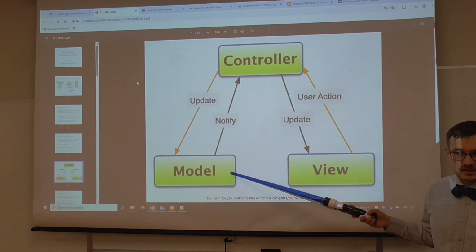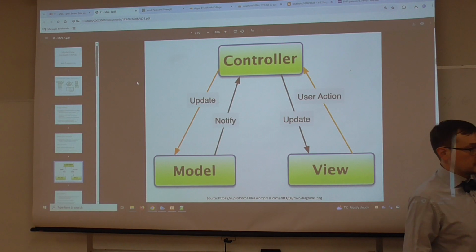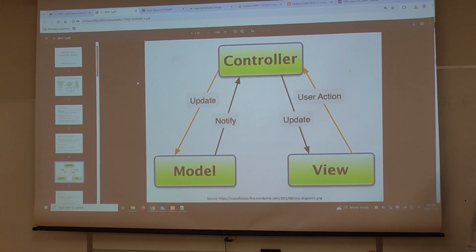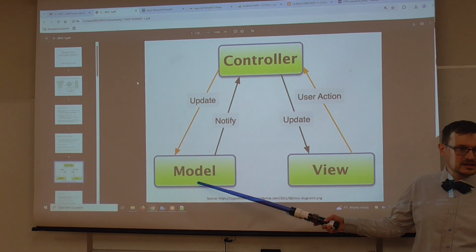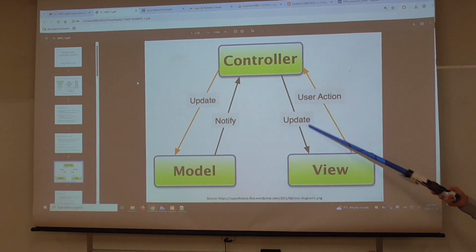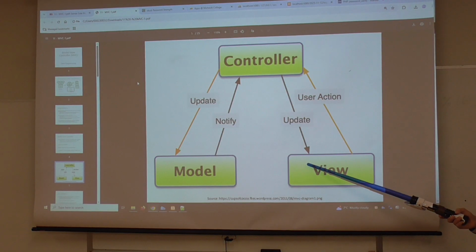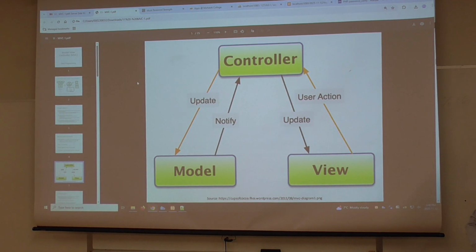Sometimes we're retrieving data for viewing in the view. For example, consider a social media account, right? Maybe what you want to view is posts, right? You would retrieve your posts in the model. The controller passes those posts down to the view, and the view constructs the web page that is used to view the posts. Does that make sense?